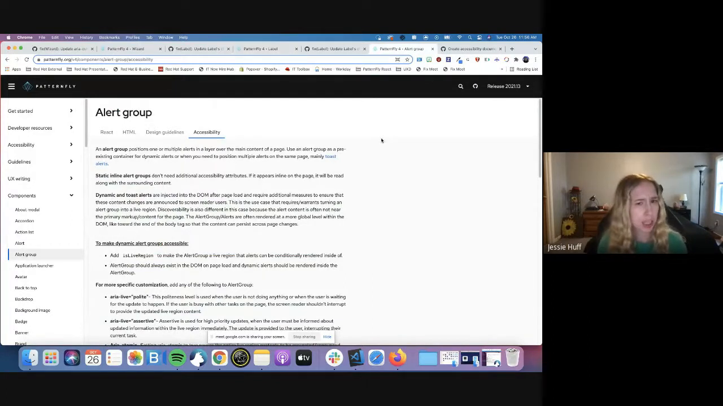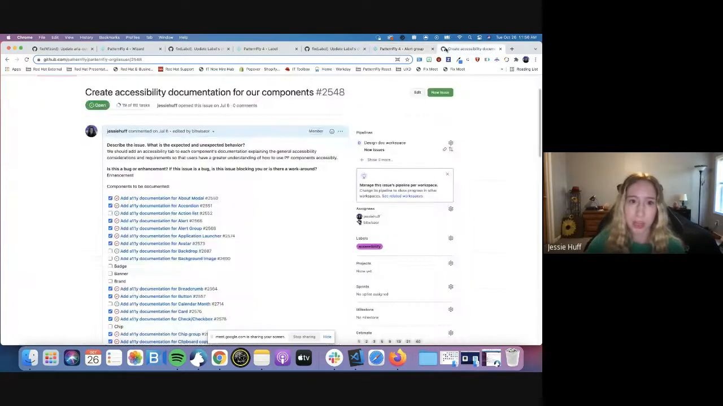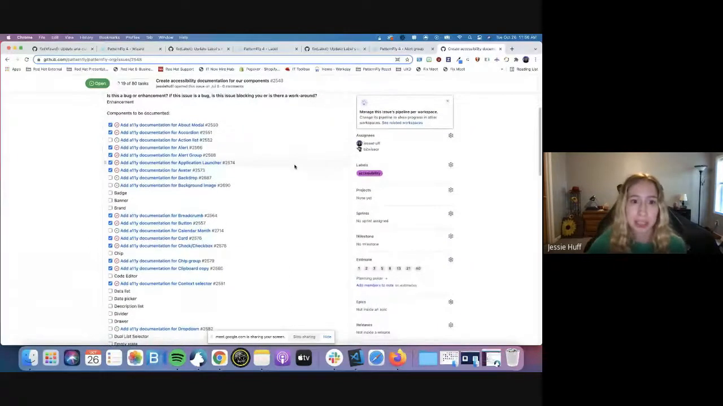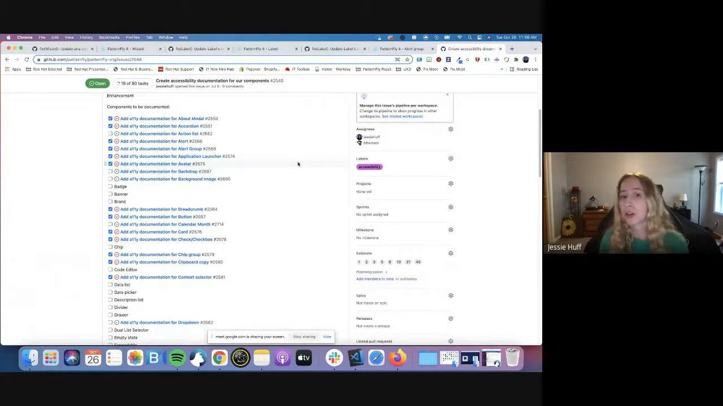I think I've shared in a couple other community meetings, but it's important to keep mentioning because we're still working through it. We have a ton of components, and to document all of them for accessibility takes time. But if there are certain components that you really want to know how to make accessible, or why it functions a certain way, definitely make sure to comment on that issue or go ahead